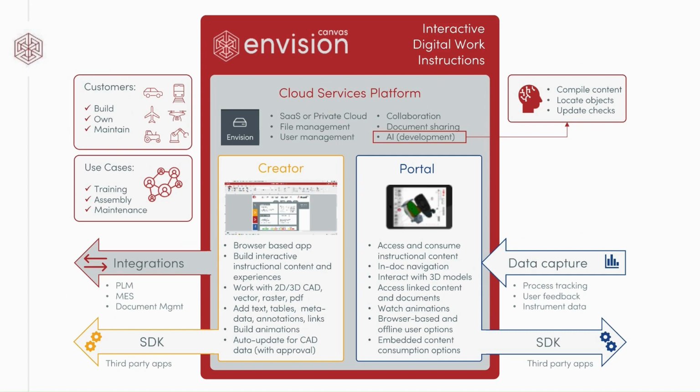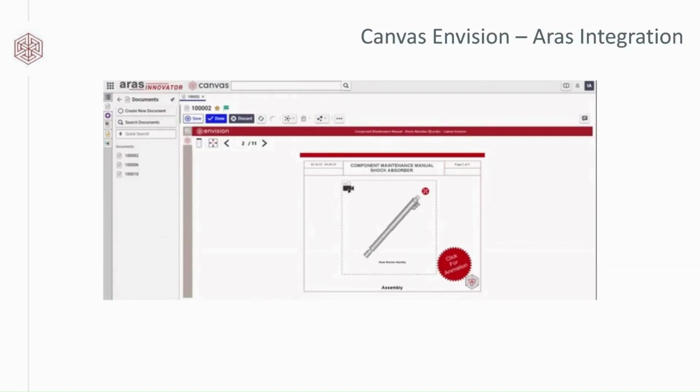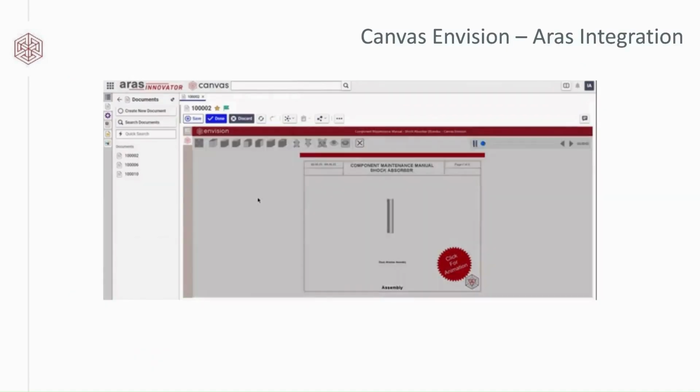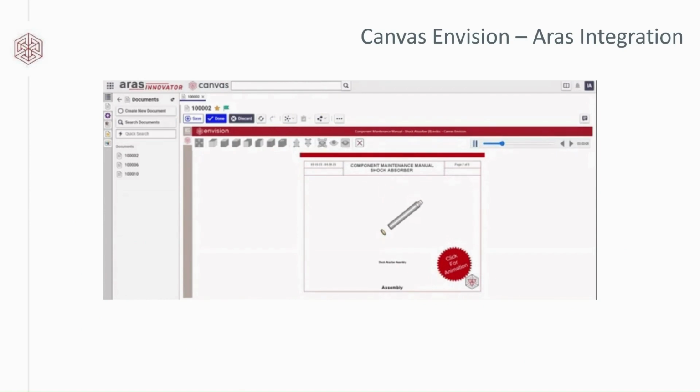Our portal application is a modular application that can be accessed inside of our cloud platform and can also be embedded using an SDK into other master systems such as PLM, MES, and LMS. Some examples of embedding the EV portal within master applications are PLM, where we use a connector API to extract